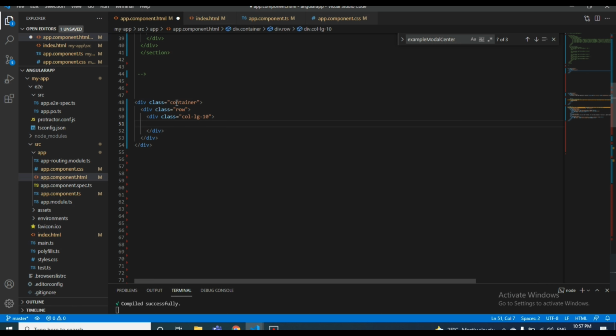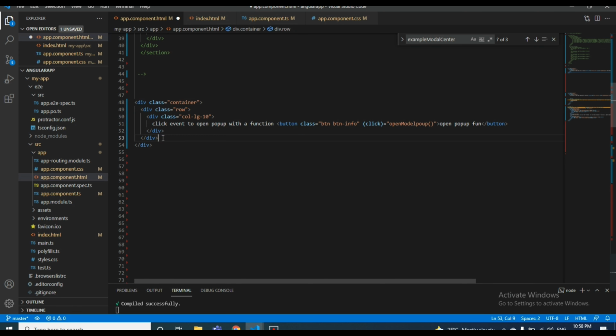I will add a click event, open pop-up function. A button with the open pop-up function on click, class btn btn-primary, and the label open modal pop-up.